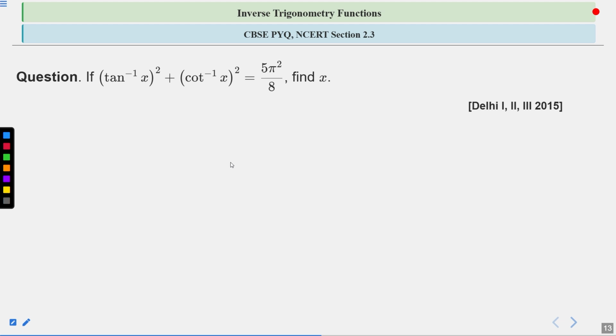So after getting the quadratic equation, we can easily find the value of tan inverse x by solving it. That we will find after simplification of this, right? Clear? And by finding the value of tan inverse x, we can easily find the value of x. Clear? So in this way, we can try to approach this question. I'm giving you 10 seconds to solve or think about this question. After that, we will move to the solution part.